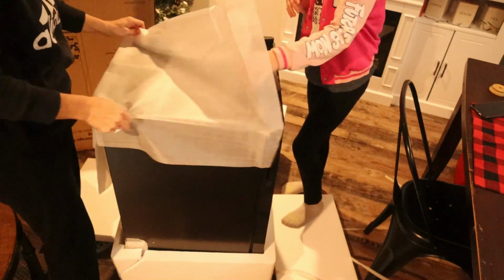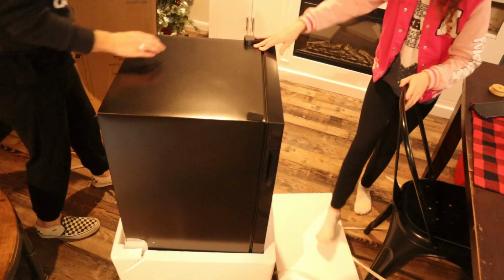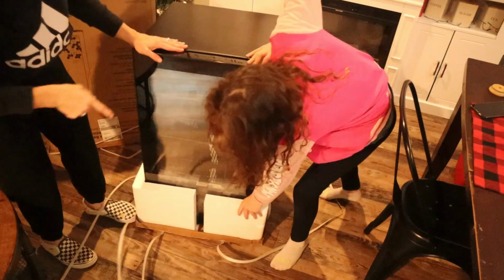Oh! And so this has lights. This has like the cool lights with it that change color. It's pretty. So that's why I thought this would be really fun to add to the coffee bar, because you know